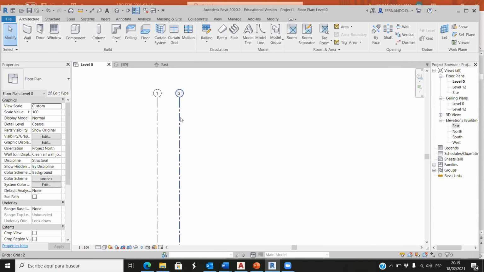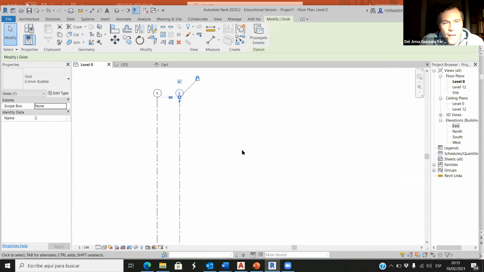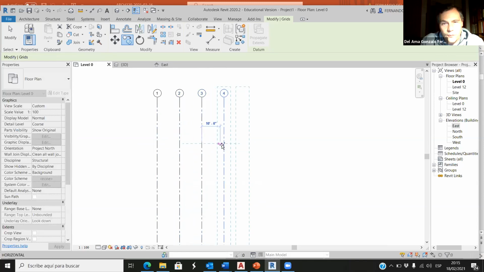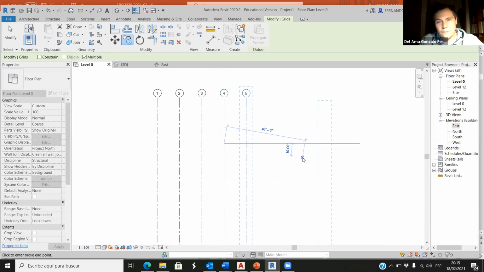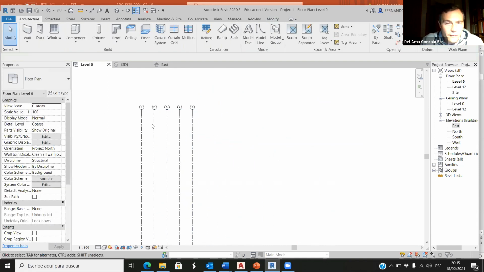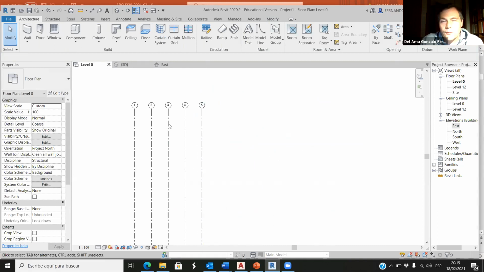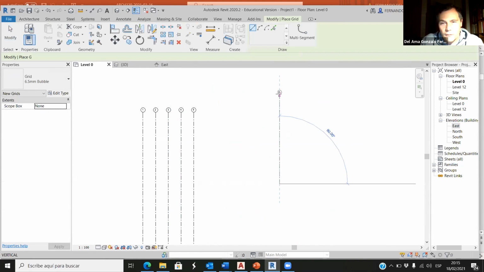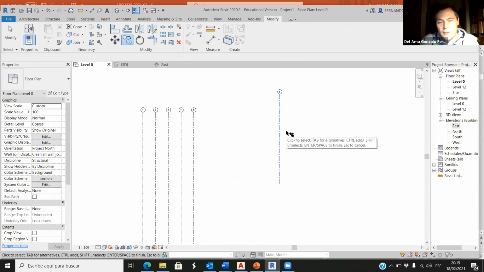Thank you. Okay, so we have the grid, 1, 2, and now we have to copy. If you select copy multiple, we can copy 1, 2, 3, 4, and 5. There are different ways to do this. So I'm giving you time to create the grid lines. But for example, if you create grids like this, and if you randomly copy,